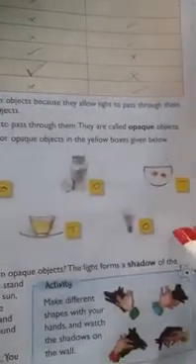In the previous two videos we have studied about sources of light: the natural source of light, that is the sun, and the different human-made sources of light like torch, bulb, kerosene lamp, table lamp, etc. We have discussed luminous objects and non-luminous objects. Then we have seen in detail these topics: features of light, then transparent and opaque objects. And through this activity we have listed out transparent and opaque objects. These different objects are given here, so we have listed them out.